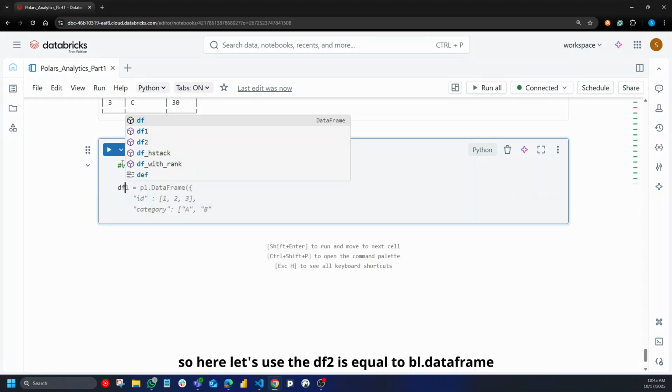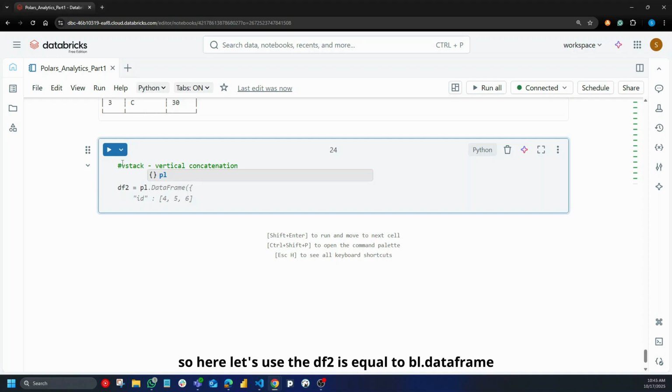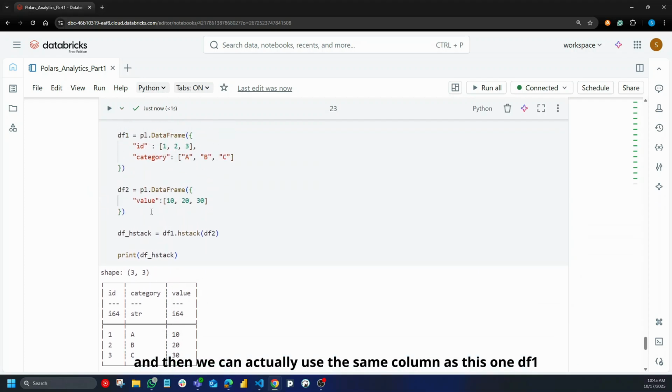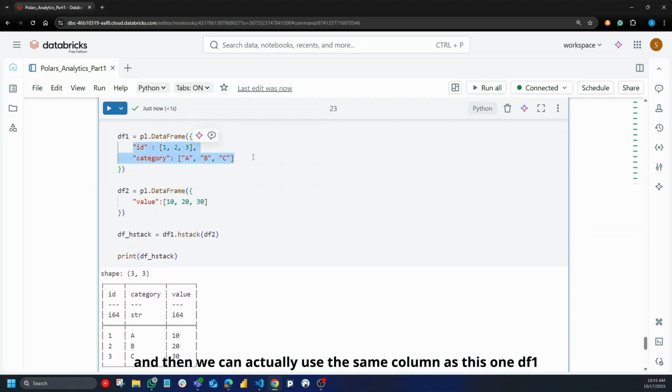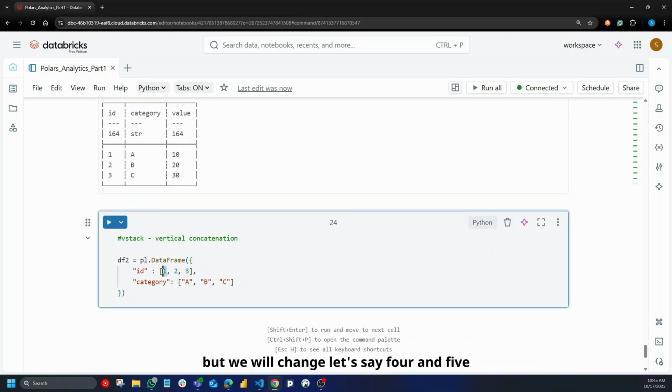So here let's use df2 is equal to pl.DataFrame, and then we can actually use the same columns as df1, but we will change the values, let's say 4 and 5. I think that's it, A and B. Okay,